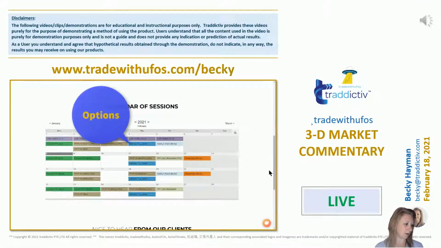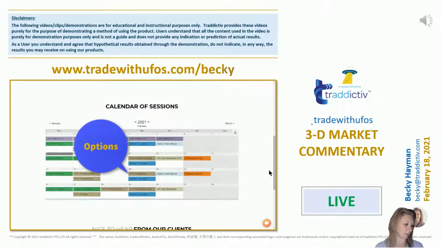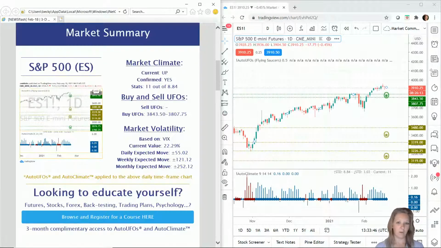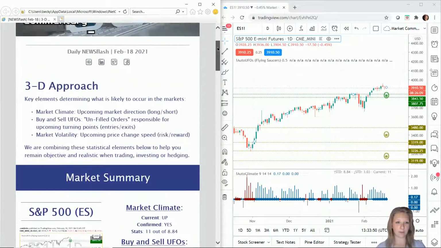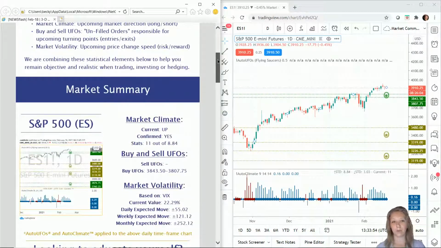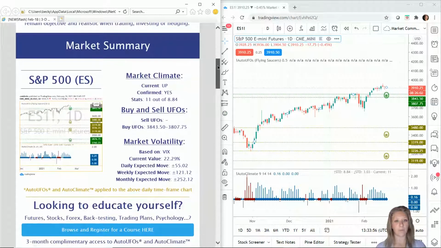If we just bring up the thing I wanted to bring up. So here we are. Lovely. Okay, so this on the left is the market summary. This is the 3D market commentary. I've opened it in a browser, but it will look roughly like this in your email if you've got it through today. The market summary goes through 5 major markets in the world,